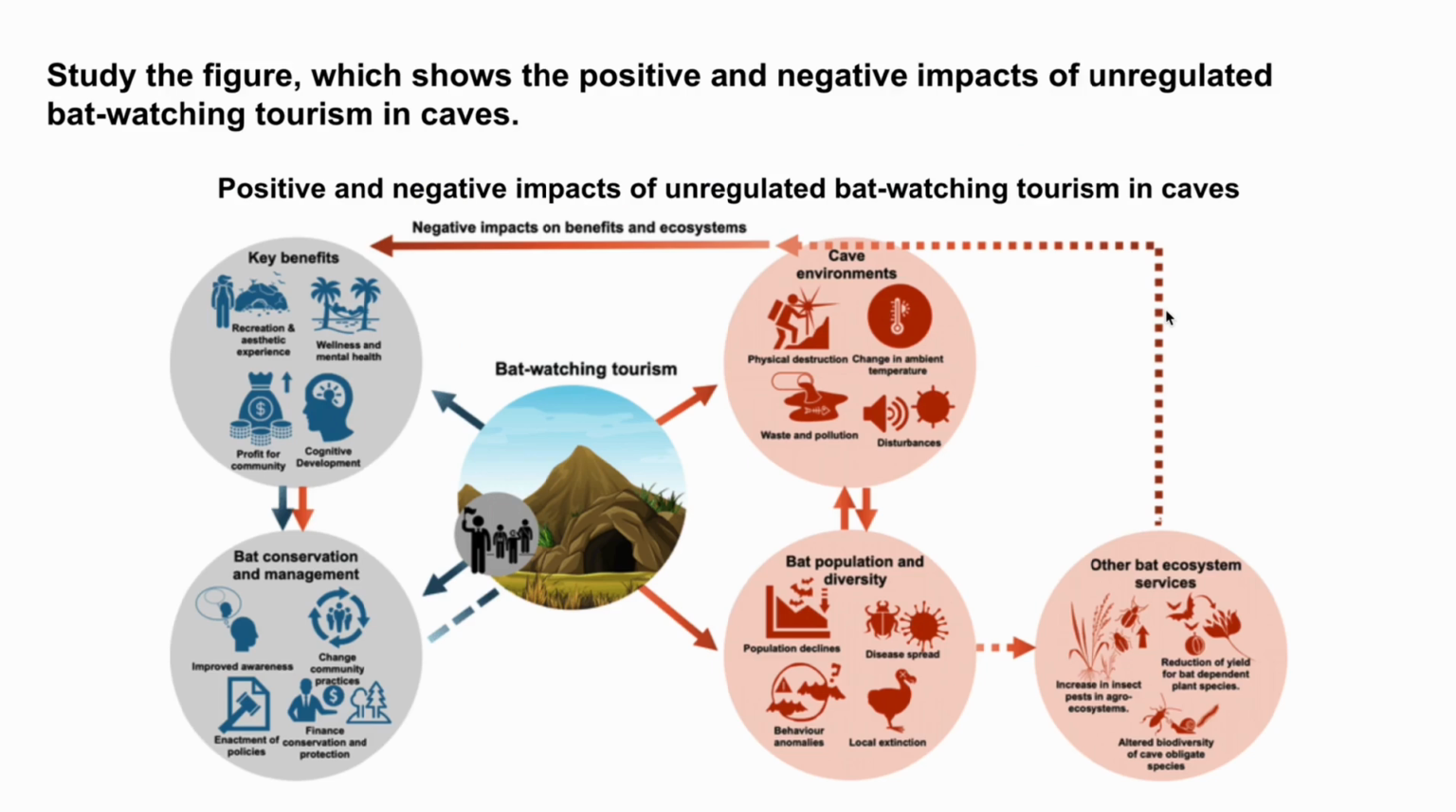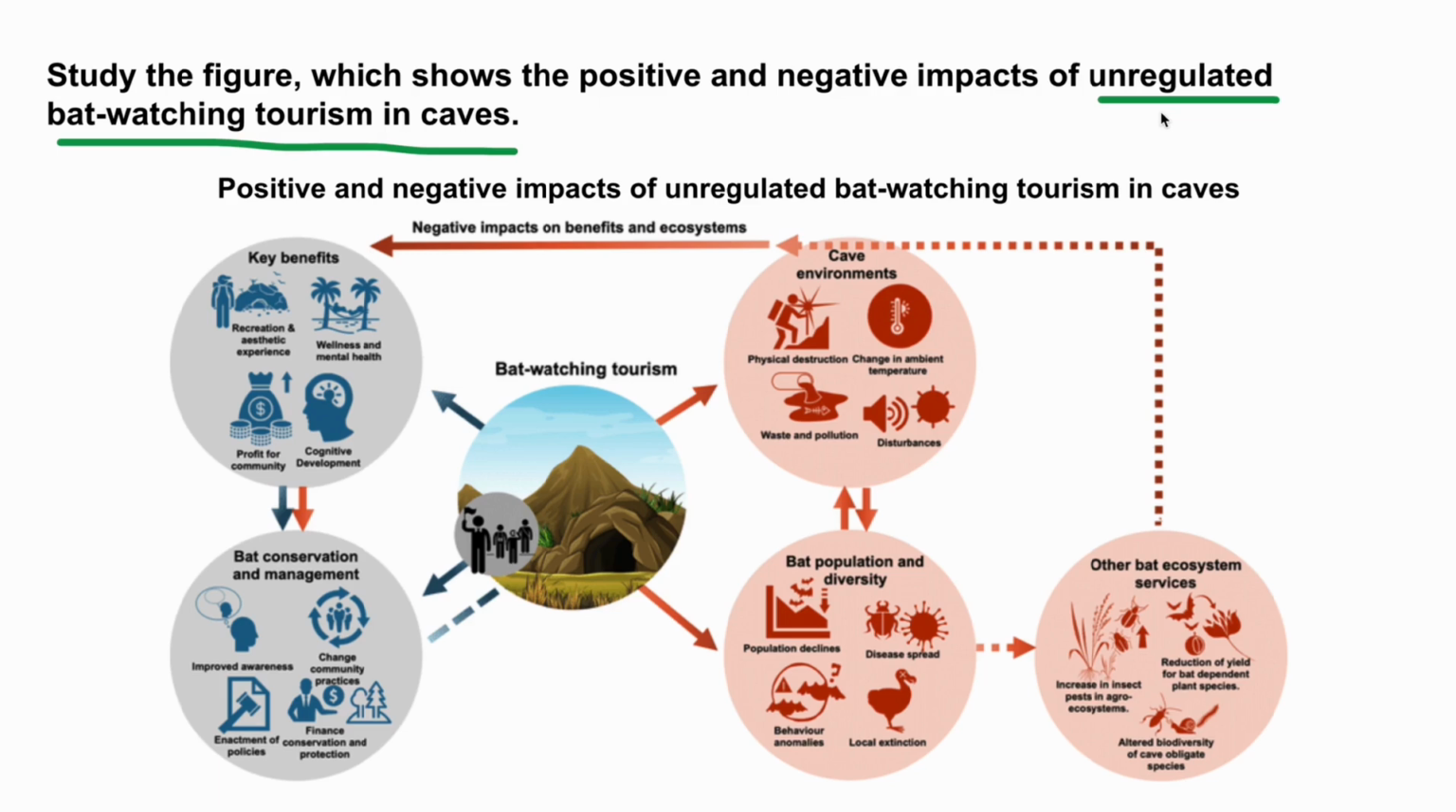In this case, it's talking about the positive and negative impacts of unregulated bat watching tourism in caves. Unregulated means that it is not managed well by anyone, not managed by the government, not managed by businesses, not managed by the community in the area. So people just go in freely, or tour guides can just bring whatever tour groups they want to these